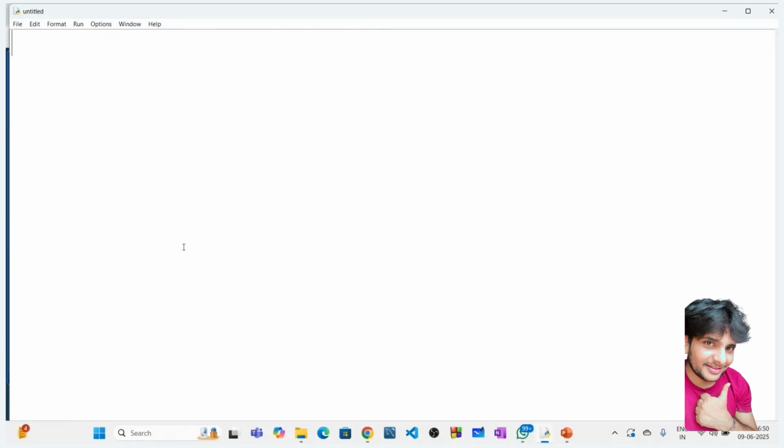I'm creating one more file. Here I wrote class EMP, colon, and then here I'm just giving pass. And outside of this, I have to create what? An object. So E is equal to EMP. Now print